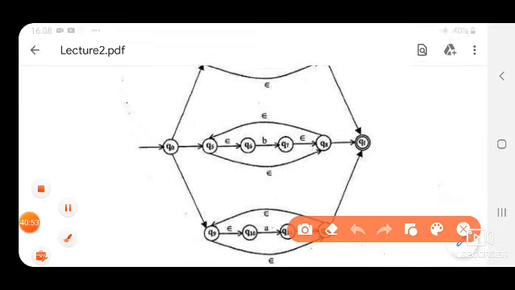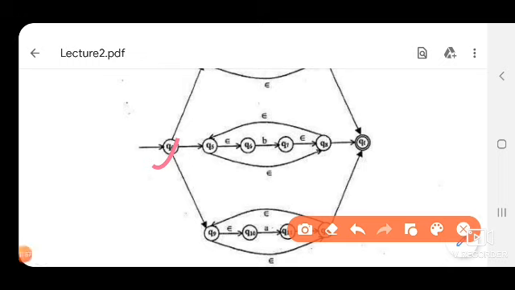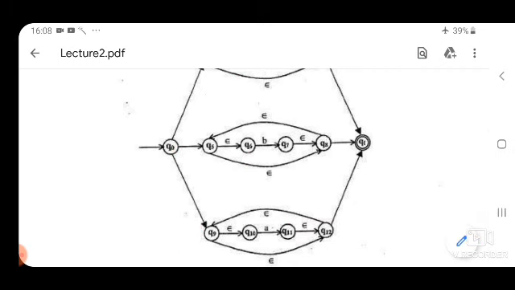Here see, this is the initial state for the combined figure, this is the final state for the combined figure, and these are in parallel. This is for A asterisk, this is for B asterisk, this is for C asterisk. So, we can move from initial to final by choosing any one among these three expressions, either A asterisk or B asterisk or C asterisk. So, this is the NFA for A asterisk plus B asterisk plus C asterisk.